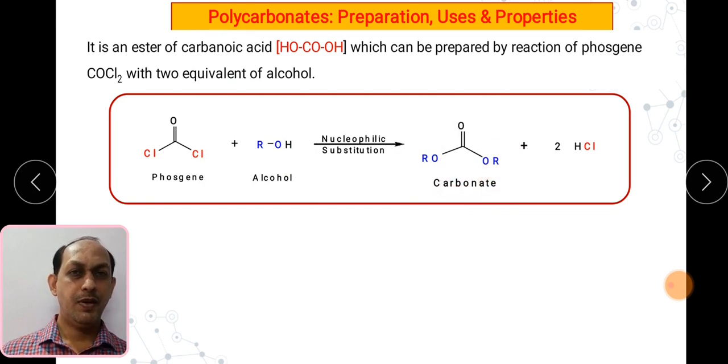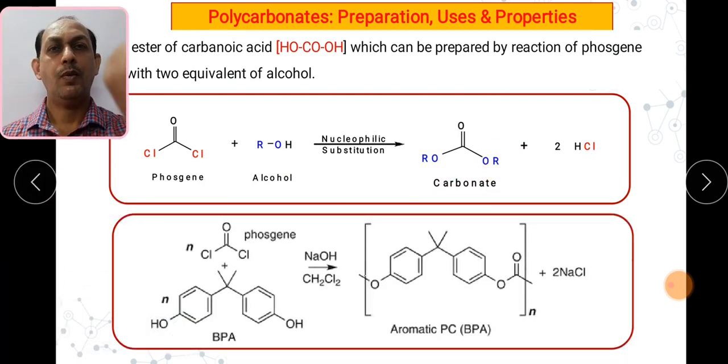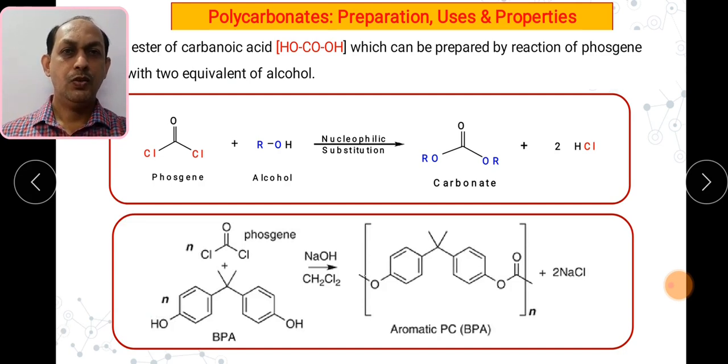First we have seen the preparation of carbonates, then we can see how polycarbonates can be prepared. So for preparation of polycarbonates we require some different molecules of phenols. These are substituted phenols which when they react with the phosgene will form the polymeric compound. So these are the polymeric compounds which are obtained by the reaction of phosgene and phenol. They form the polymeric polycarbonates known as bisphenol. So these are the polymeric carbonates.